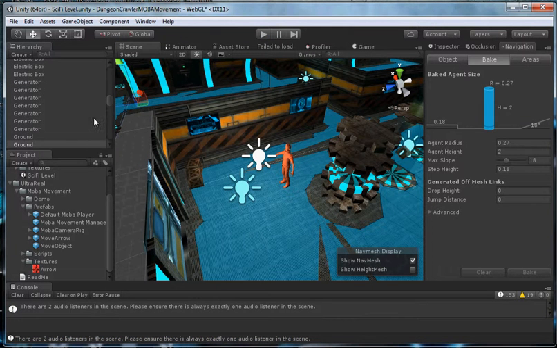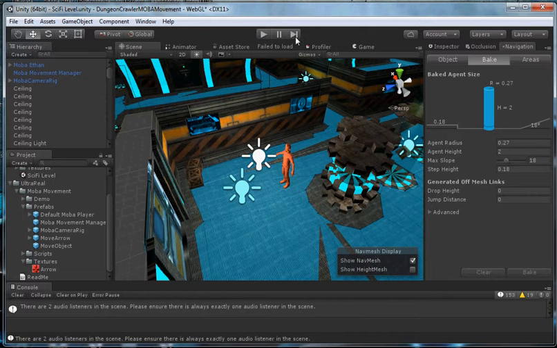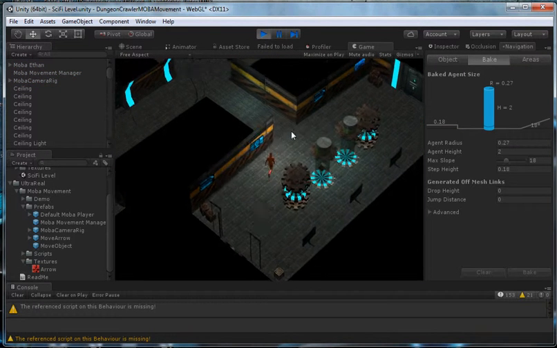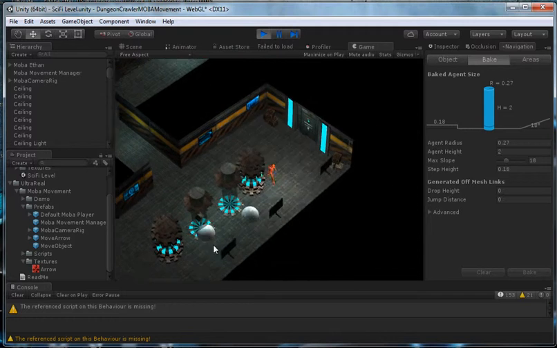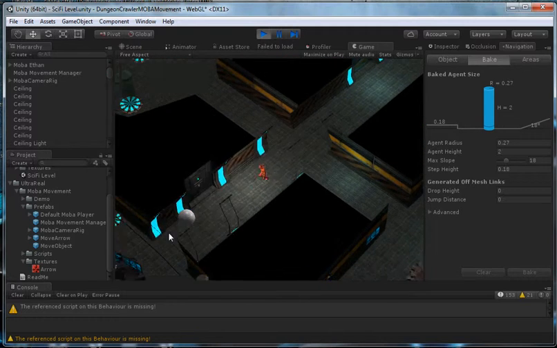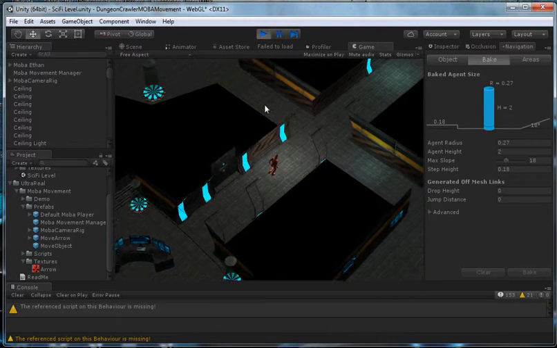Oh, looks like there was an existing camera in the scene. I forgot about that, so I just deleted it. All right, so there's our guy. Yep, and he's walking around inside here. Now the camera is very far away. May not be exactly what we want in this case,